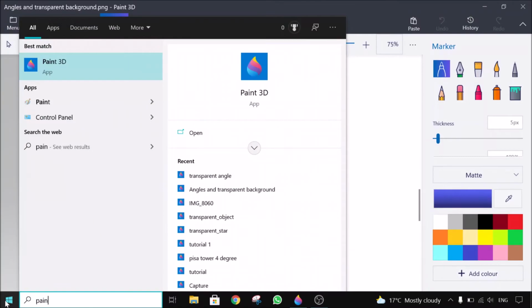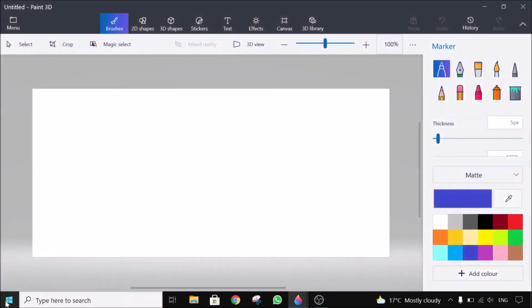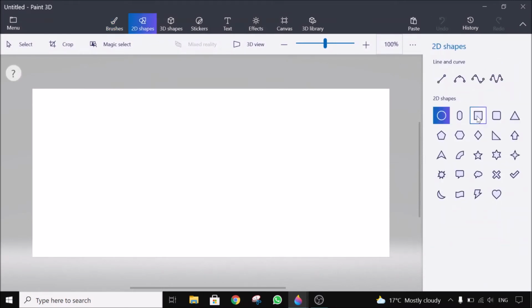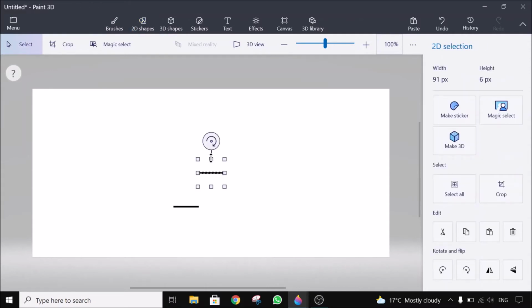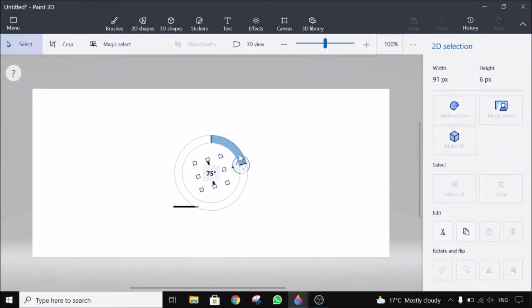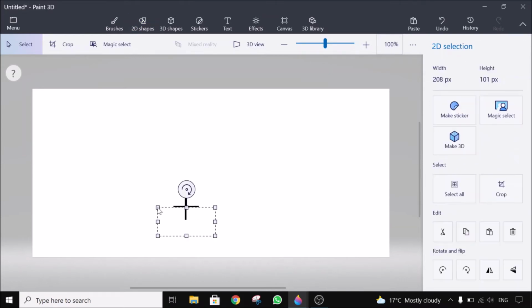I will open a new Paint 3D. I will draw the shape, 2D shape, square, this, control copy, done, control paste, rotate 90, put it in the center, delete the bottom. Okay,